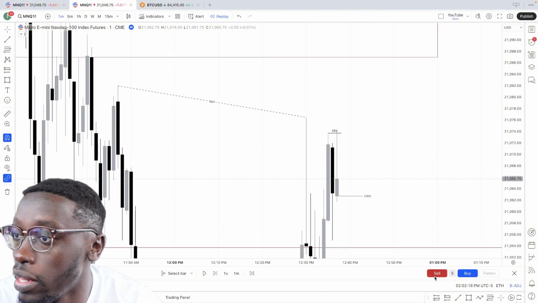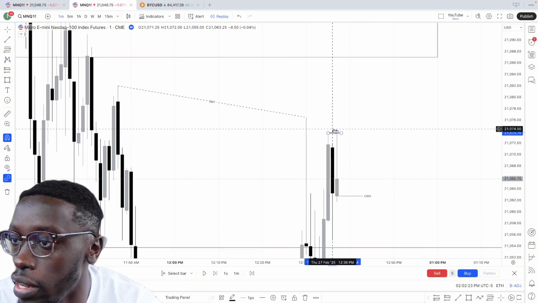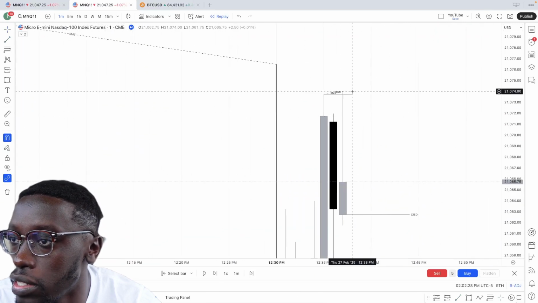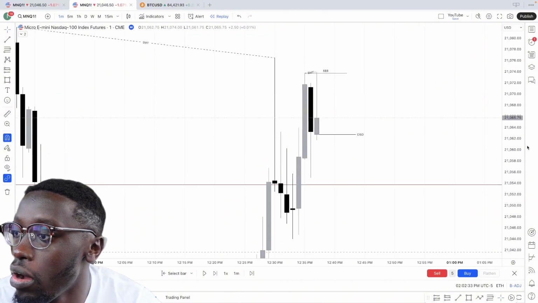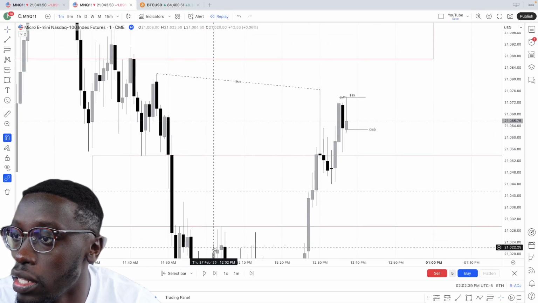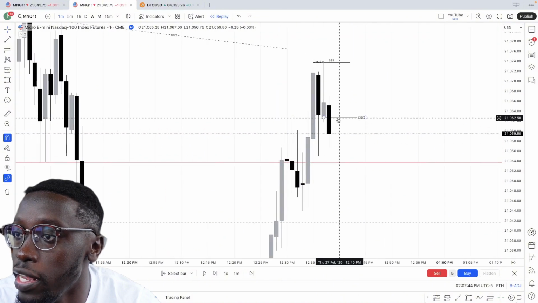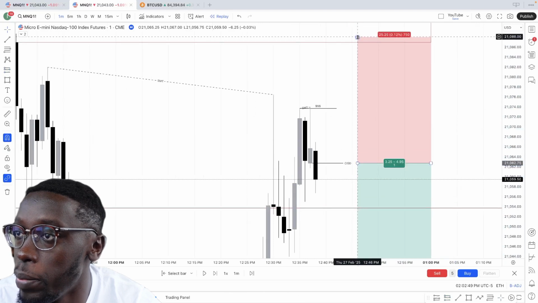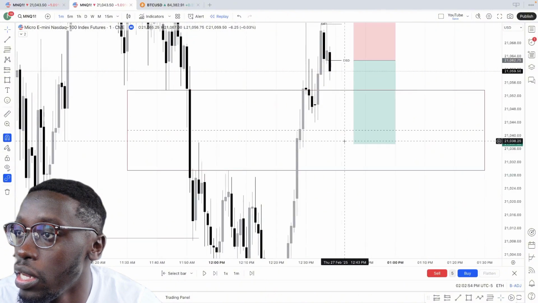Also, one thing I want to point out is that there was also a double SMT here, right? The ES did not take out this high. Very hard to see, of course, but that's the SMT. This was a sweep and we had this SMT. So now I'm waiting to see, okay, is the market going to retest? Are we going to close below here, which we ultimately do here? And so now at this point, I need a retest of this change in state, right? Because we got this SMT, this is a protected high, so I can trust that this high will not get broken. Now targeting